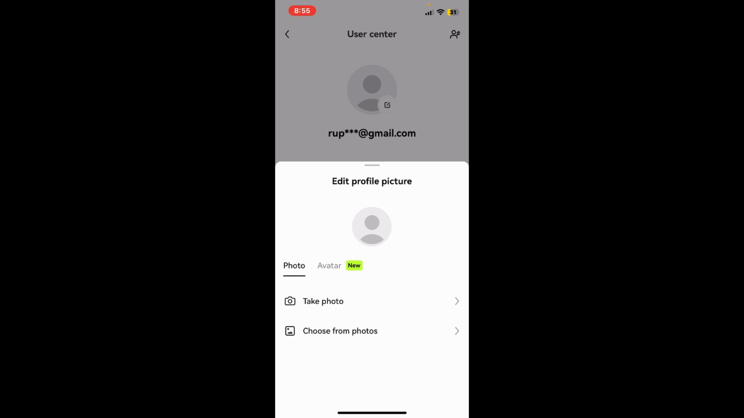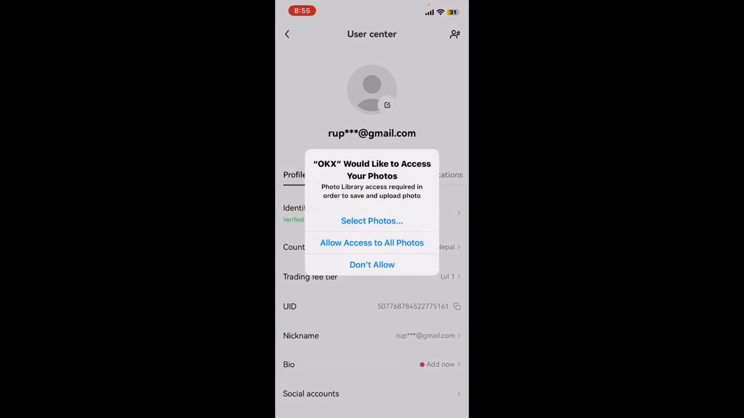If you want to choose your own photo, tap on photo and either take a photo from your camera or choose from your library. To choose from an existing picture, tap on choose from photo and allow access to all the photos from your device. Now go through the library and select a picture you would like to set as a profile picture on OKX